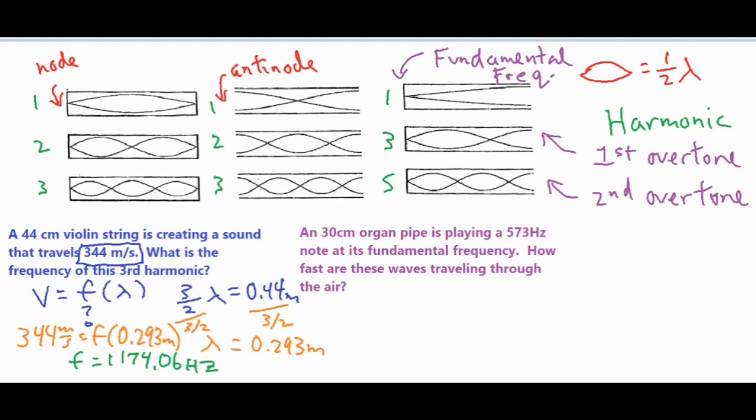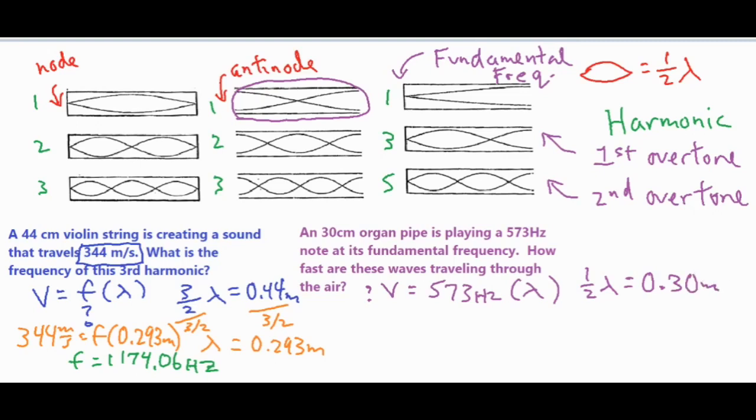All right, so let's go ahead and take a look at our second problem now. We're looking for a velocity this time. So we're looking for the velocity, and we do already have the frequency of 573 hertz. So we need to make sure we find a wavelength to plug in. Now, it's the fundamental frequency for an organ pipe. An organ pipe is open-ended on both ends, so it's going to be this one right over here. So because it has a quarter wavelength here and a quarter wavelength here, there is a total of half a wavelength inside of